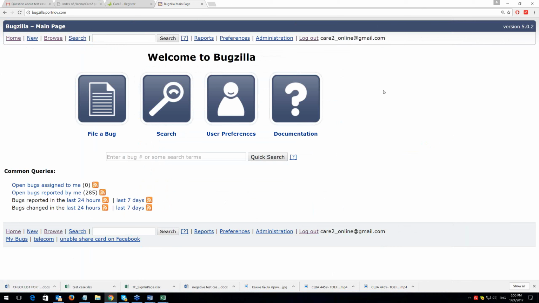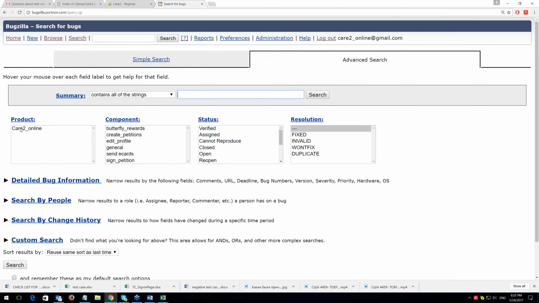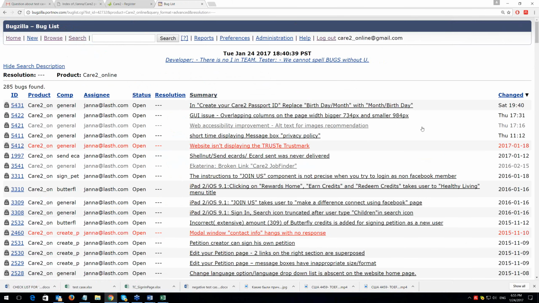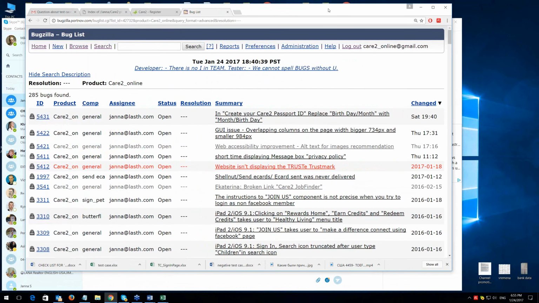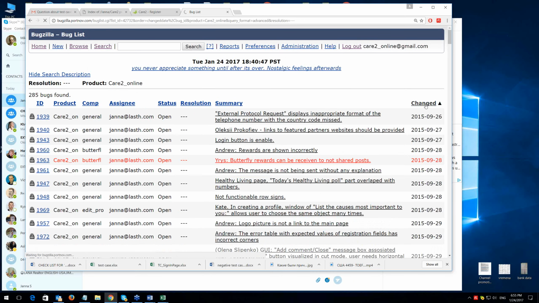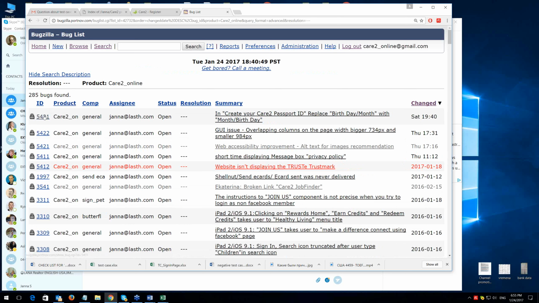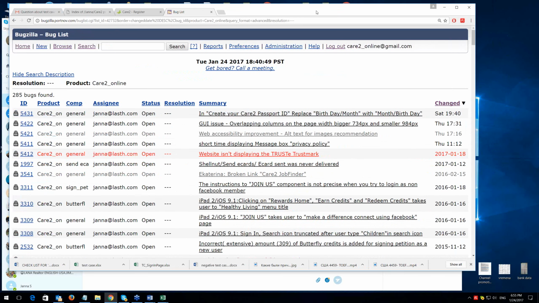So you are here and you can search. What do you have? You have the product, Carto Online. Search. You have a bunch of bugs created here, and you can filter or sort the data from the latest to the oldest, by the product if you have many. I purposely made sure that we have one project only, access to one project, do not abuse other projects. We have the assignee, we have the components.